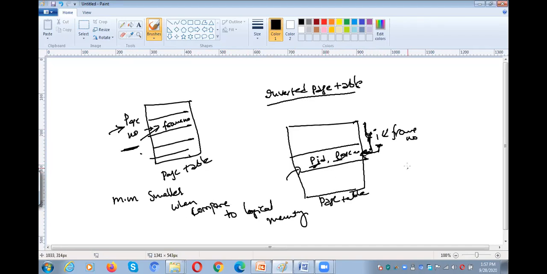Why? Because frames are fewer when compared to pages. So instead of searching in the page table with the help of the page number, now we are searching with the help of a frame number.